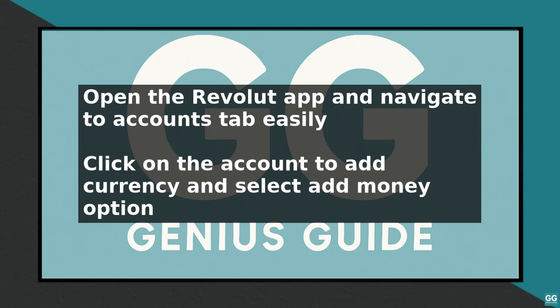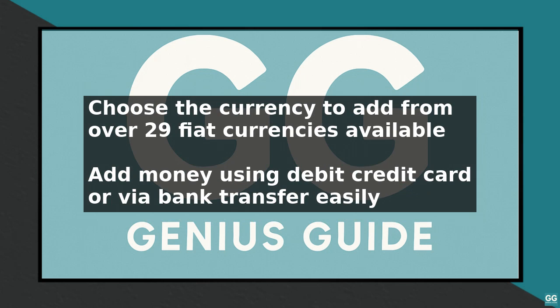Next, choose the currency you want to add from the list of available currencies, which includes over 29 fiat currencies. You can add money using a debit or credit card, or via bank transfer. If you choose to use a card, enter the card details and the amount you want to add, then confirm